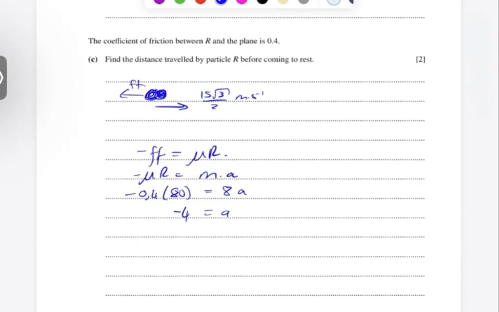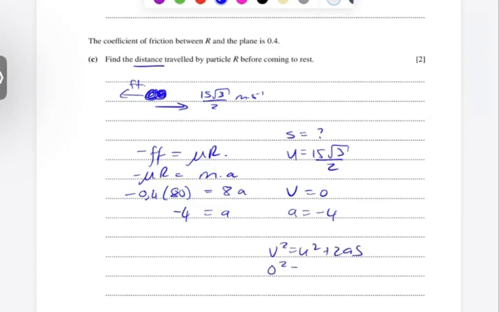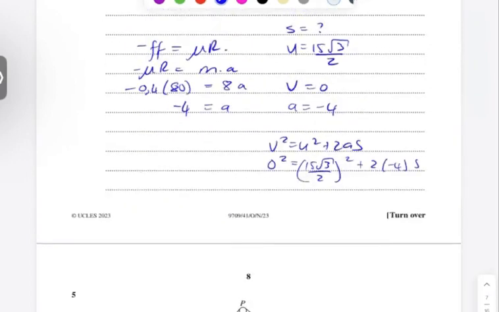I need SUVAT. They want to find the distance traveled, so I need distance. I know my starting speed is 15 root 3 over 2. The final speed is going to be 0, and my acceleration is minus 4. Okay, and then if I look at my S,